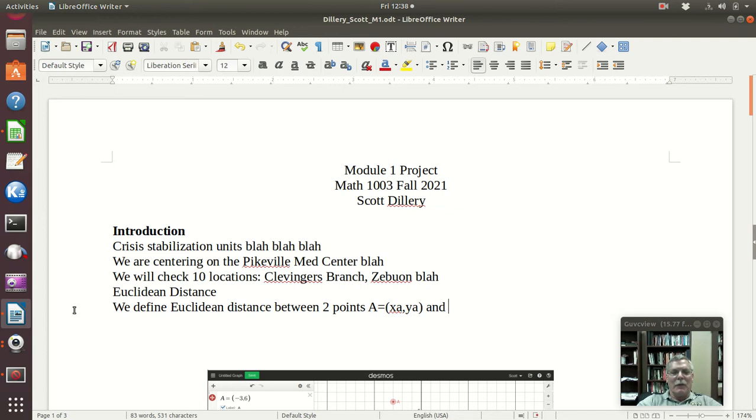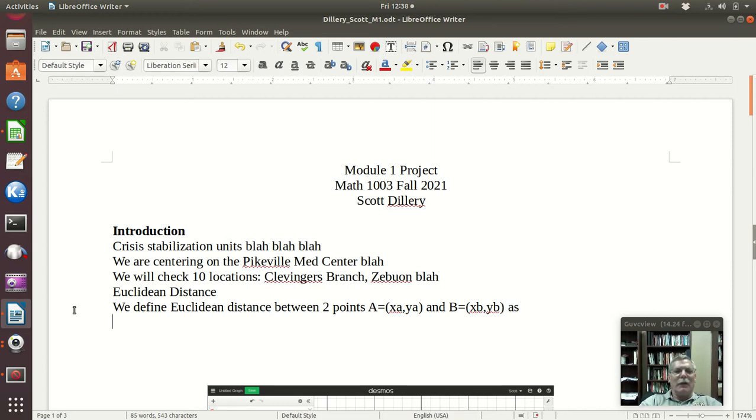And B, because it's just going to be a lot easier for you, equal XB, comma, YB. Now, you can go in and make things subscripts and various things like that, but if you want to go with something like that, great.